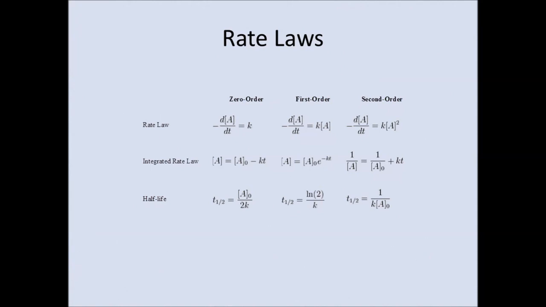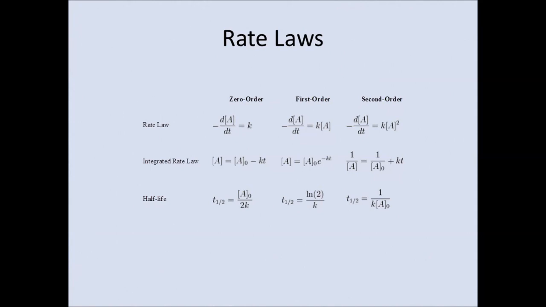So we have rate laws, which are typically given as the change in a concentration per time is equal to something, either a rate constant or a rate constant times various concentrations to certain powers. The most common ones are zeroth order, where the rate is equal to a constant, first order, where the rate is equal to a constant times a concentration, and second order, where it's equal to a concentration squared times the rate constant. All of these can be integrated, as you can see, to give various equations, and all of them can compute a half-life, which is the amount of time it takes for half of the original reacting substance to